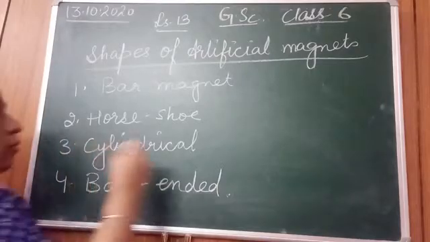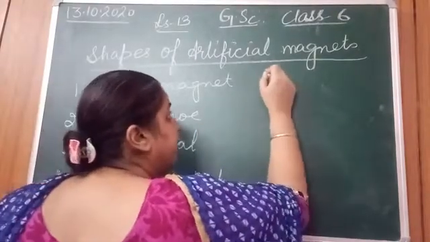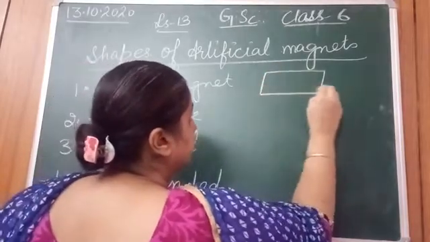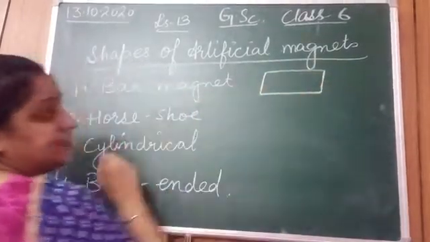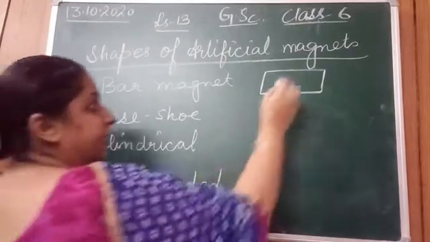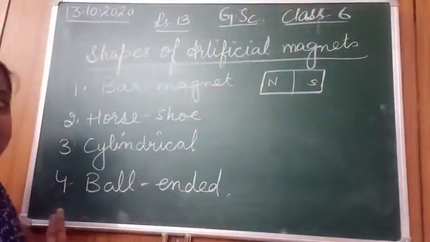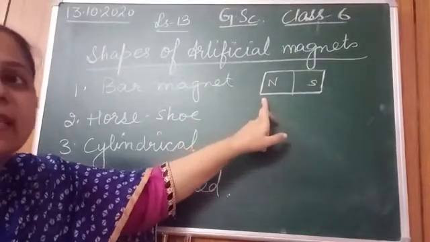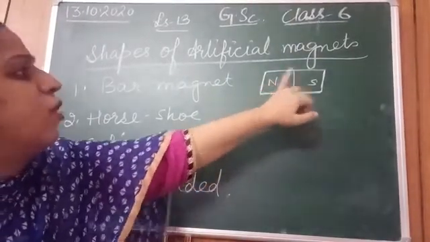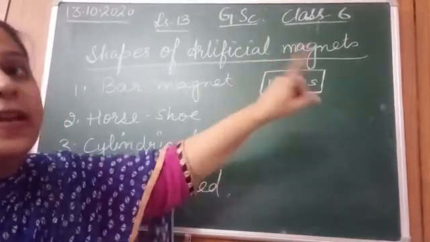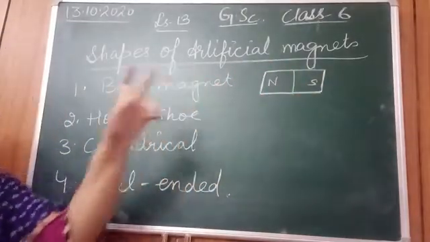Bar magnet, how does it look? When we go to school now, we will see these magnets. This is a bar magnet, like a piece of bar. Here you can say north, south. This we will be discussing later on. Just for your convenience, I am telling you, this is north, this is south. A magnet always has two poles, north pole and south pole. Now this was the bar magnet.